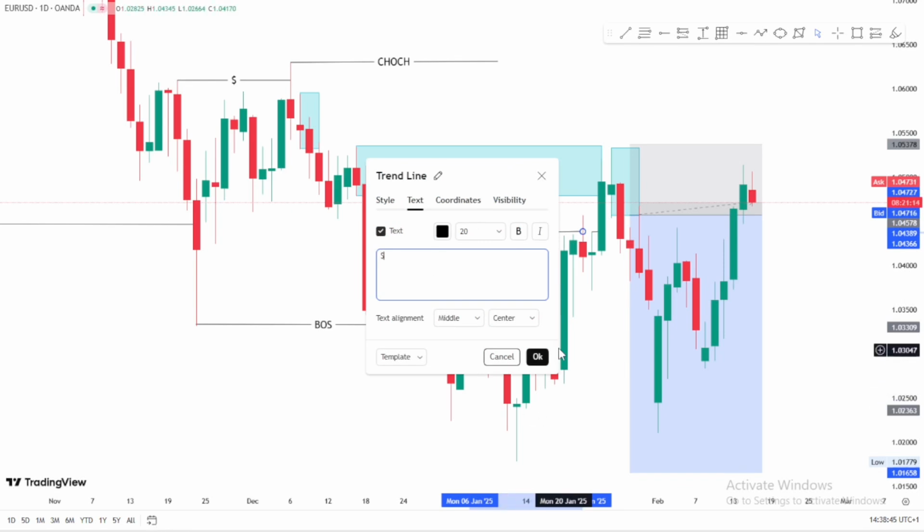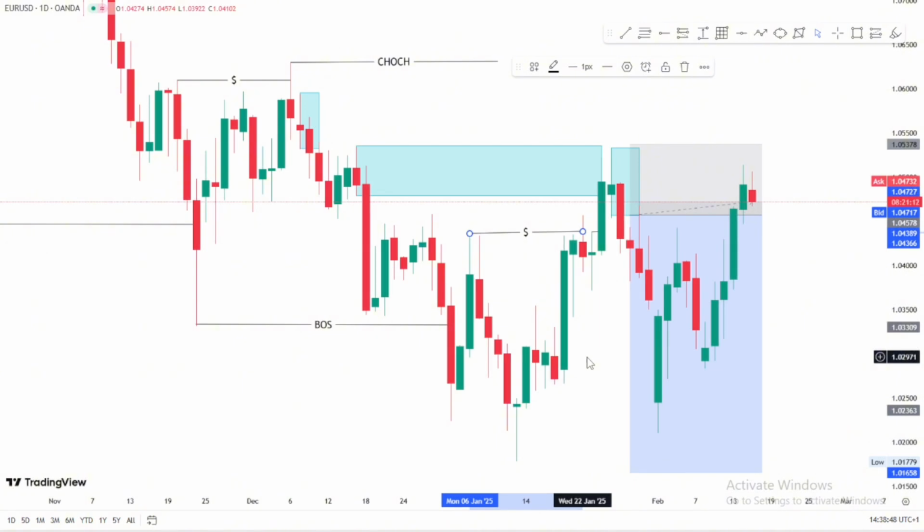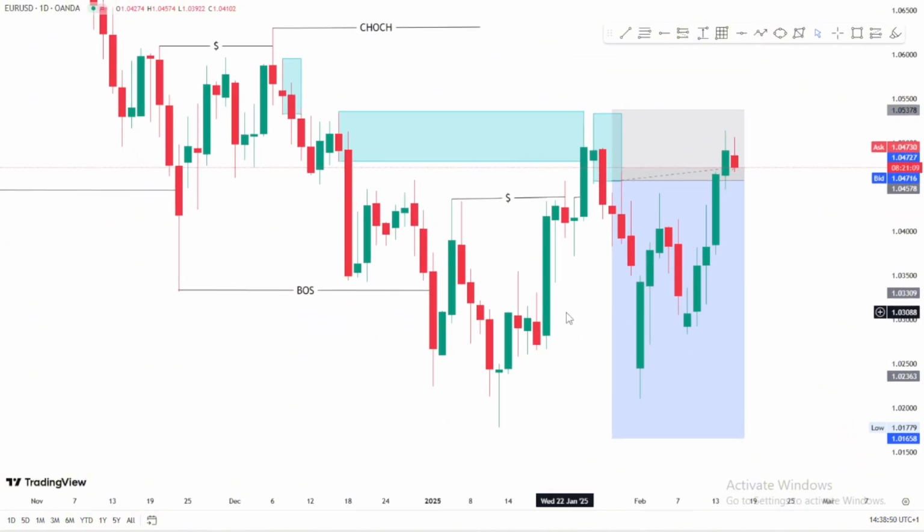And this is current data, by the way. This is where the market is at. It's a Wednesday, and